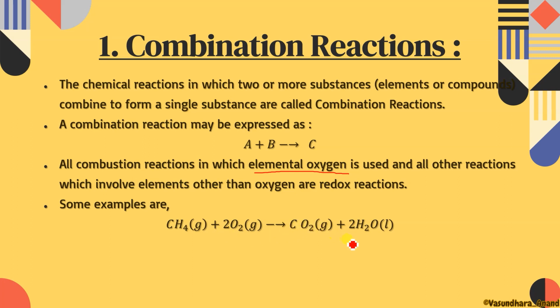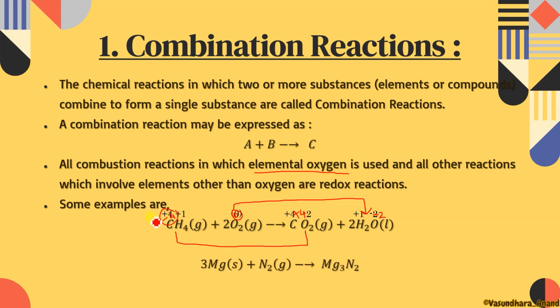CH4 plus 2O2 changes into CO2 plus 2H2O. You can see that oxygen is in 0 state because it is in the free state, and here oxygen is in the -2 state, isn't it? Yes. So oxygen is undergoing reduction. Clear? Here carbon is in -4 state, and in carbon dioxide the carbon is in +4 state. So that means it is oxidized. So we can see that in the combustion reaction also, the redox reaction is there. That means one substance is going to be oxidized, and the other substance is going to be reduced. So this is the thing. Sorry, it should be -4.